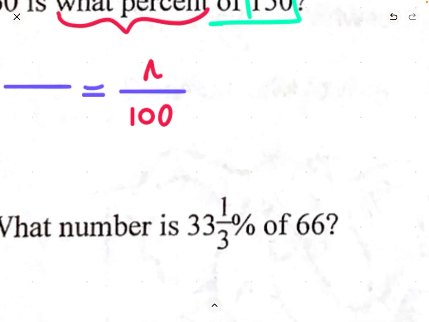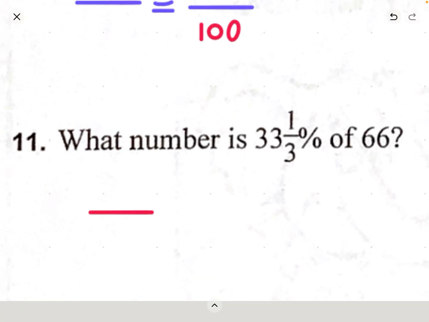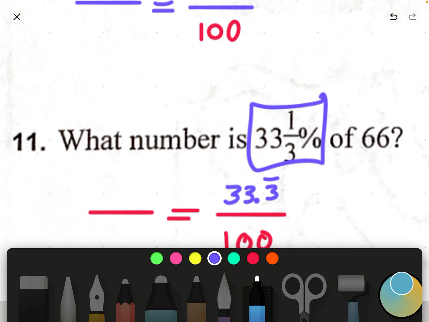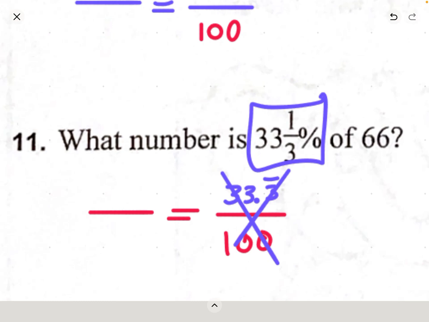All right, 2 more. What number is 33 1/3% of 66? Now, here's a special case, 33 1/3%. We know that is 33.3 repeating percentage. We know that this is equal to what fraction? Yes, 1/3. Okay, I will do that for you. That is equal to 1/3. You should know that. Now, if I want to know what 1/3 of 66 is,